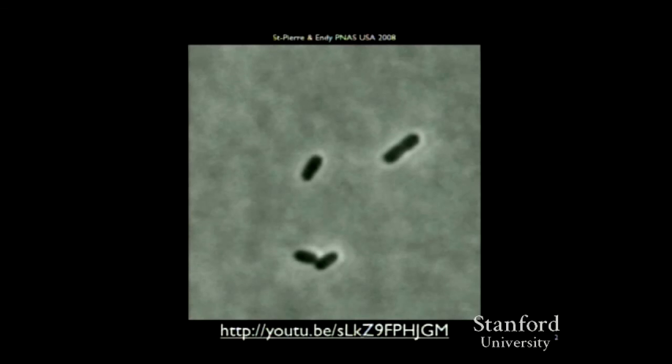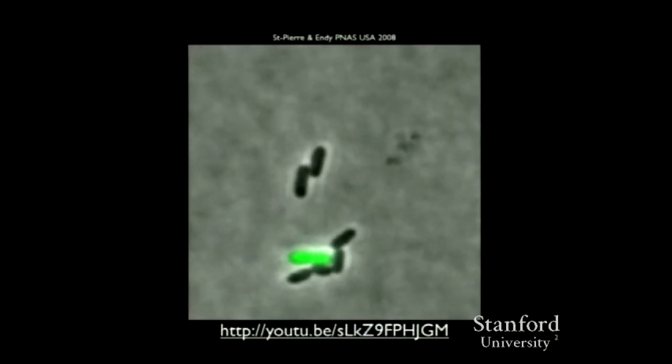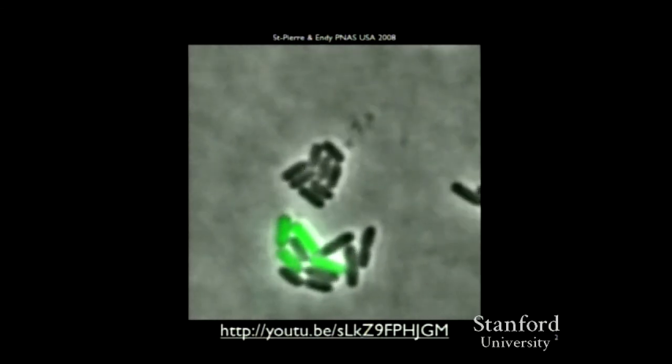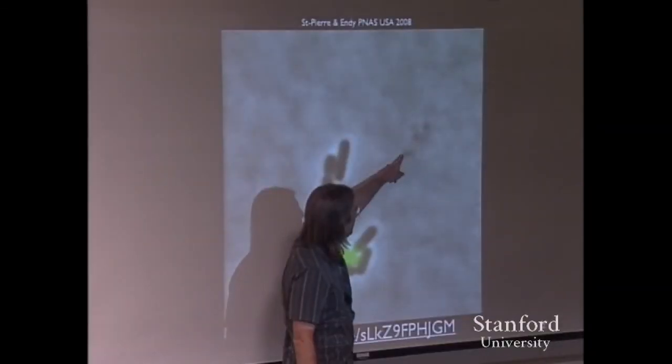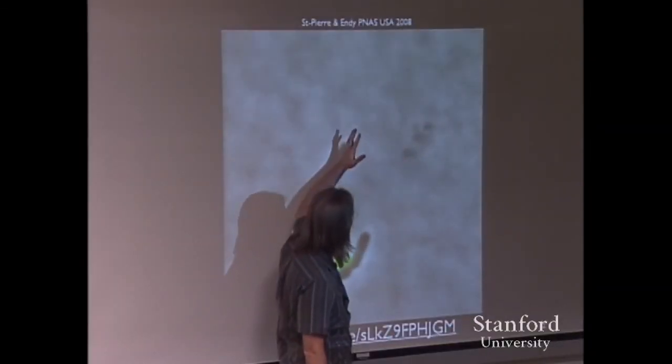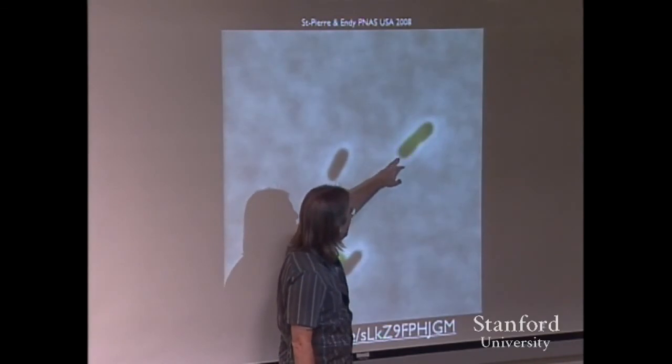Right? The cells are these blobs, these black blobs. These are about a micron long. These are E. coli. This is a time-lapse movie of a couple hours under an automated microscope. And the movie's going to run forward in time and backwards in time. So there was an infected cell up here. This is now running backwards in time, I hope. All right. Now it'll start over. Infected, and the cell